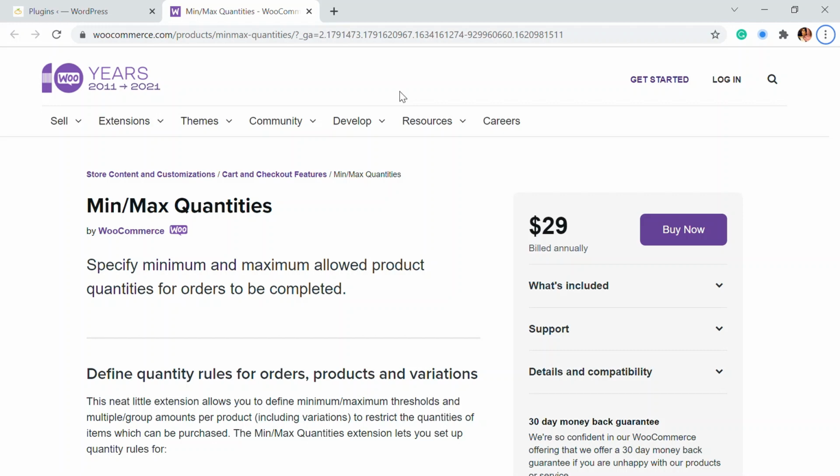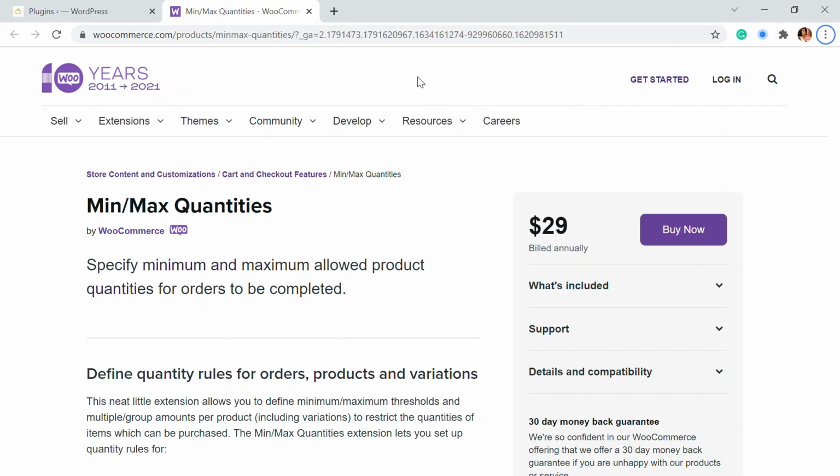I'm Aisha, and in this video we'll be seeing how you can set minimum and maximum quantities for your customers to purchase. So when you have customers that want to buy a single item or in twos or something, and you want them to buy in bulk or bulk range, you can either set a price limit or you can set a minimum quantity requirement. So we'll see how this is done.